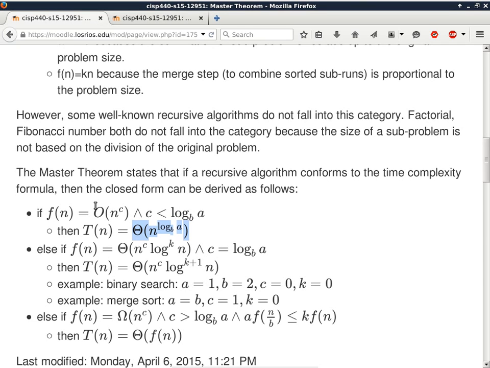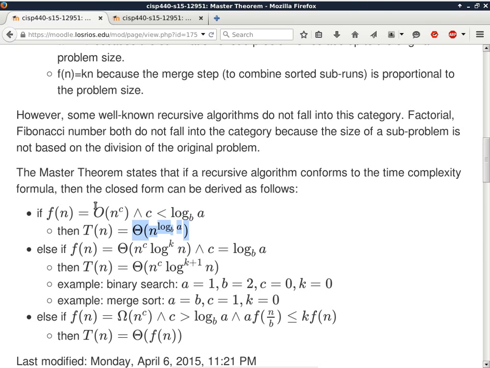So in this case, I am taking a well-known simple algorithm that is iterative and turning it into not just recursive, but into a recursive form that fits into the template of the Master Theorem, so that I can apply the Master Theorem to analyze the time complexity of the algorithm.